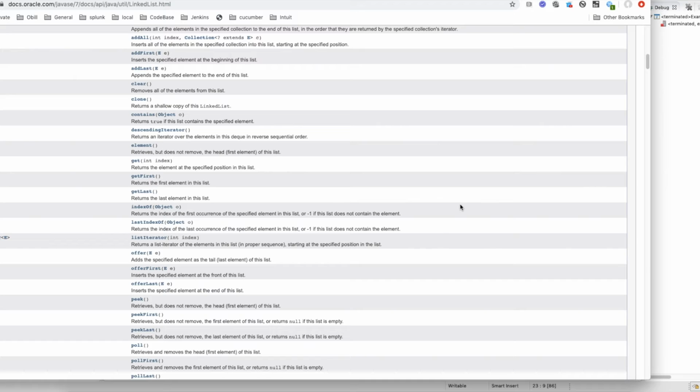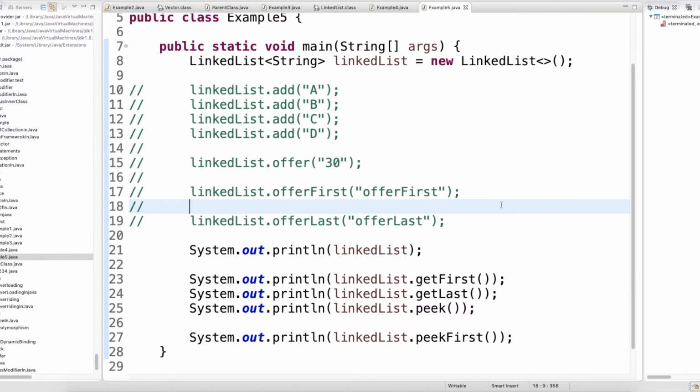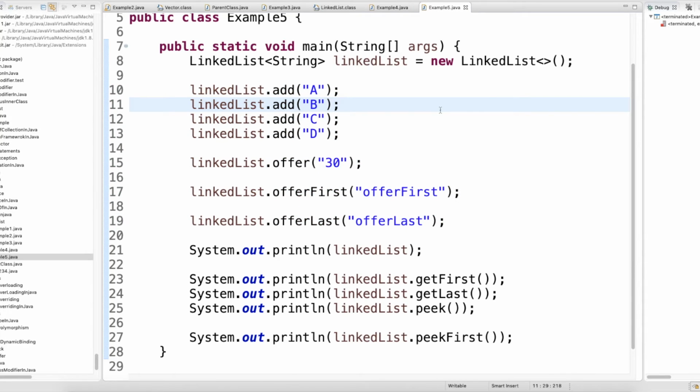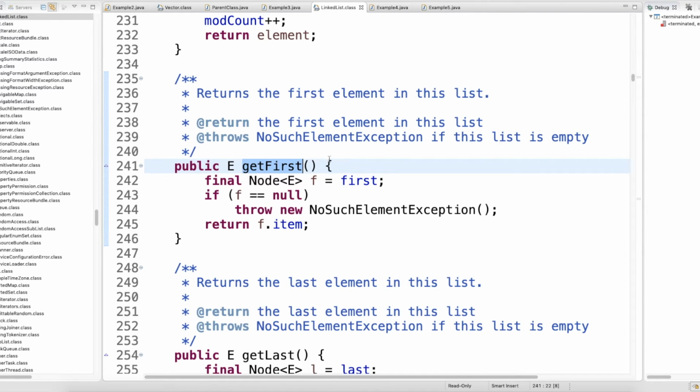Now you can read this, but let's say if you find any difficulty after reading this, and if you really want to understand how this works, the best way is, you can uncomment everything, and if you want to know why these two methods, get first, pick first, just press Ctrl, click on get first method. See, look at the get first method.